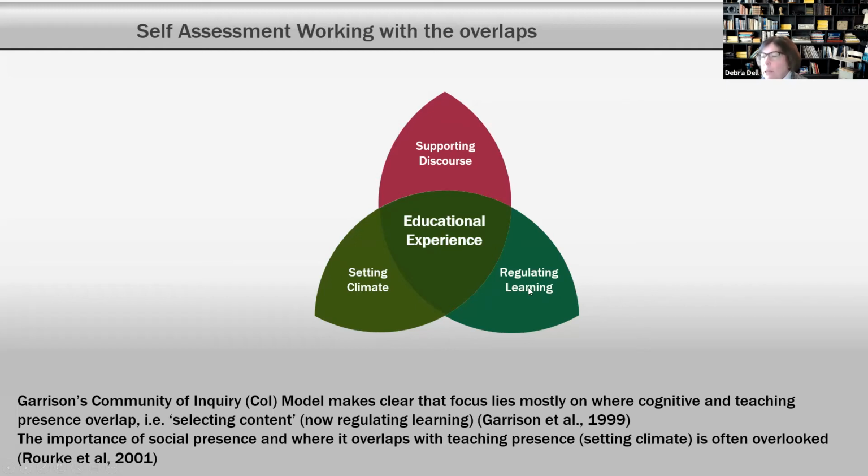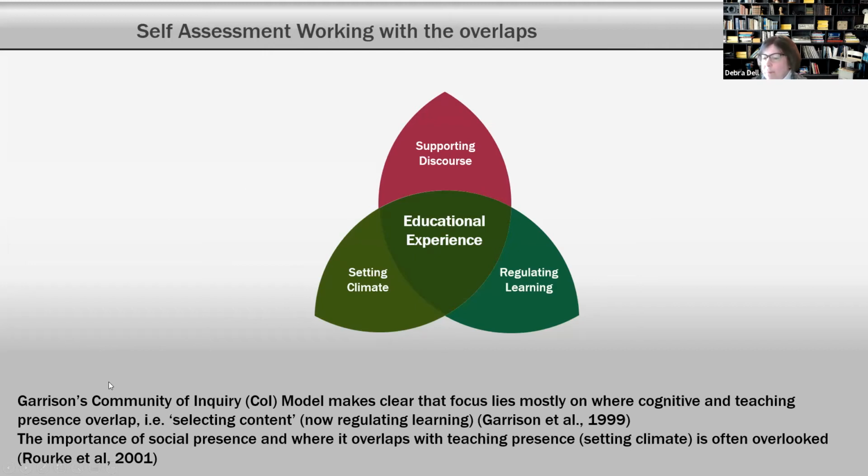And regulate learning, I just want to be clear, doesn't mean control learning or be in any way the judge. It means to use the climate and the discourse to create conditions where people can self-manage their own learning and co-regulate with each other through the discussion prompts. So that helps you to understand that these things don't stand alone. In my mind, I think of them as kind of spinning and propelling around the other presences.